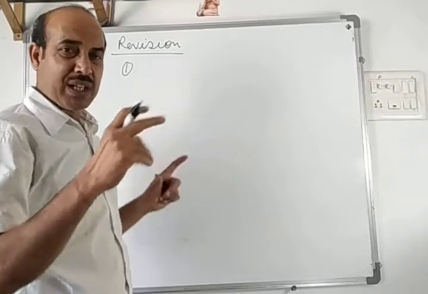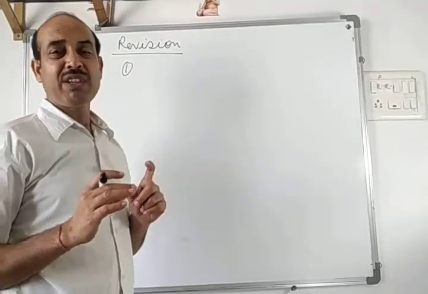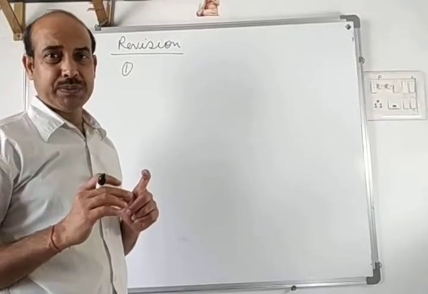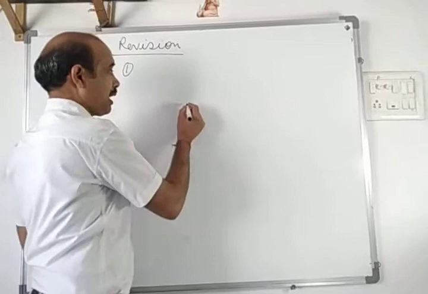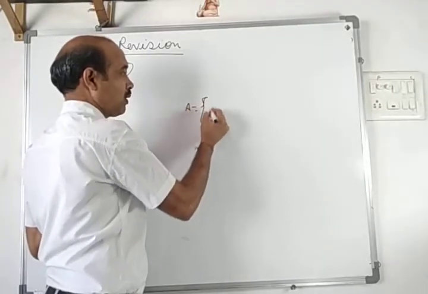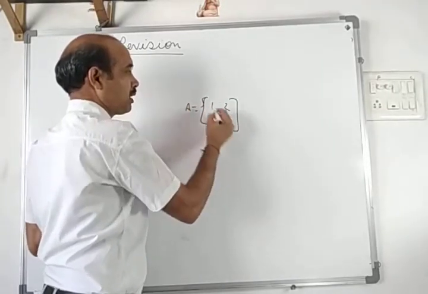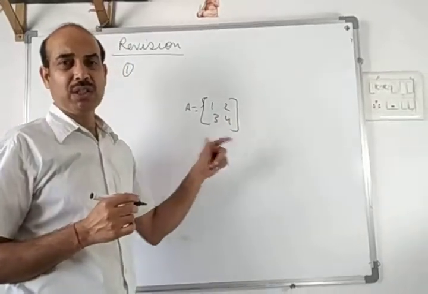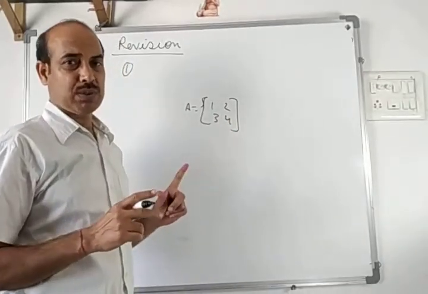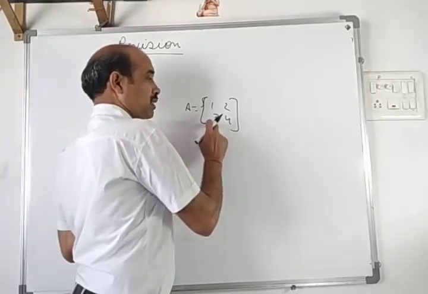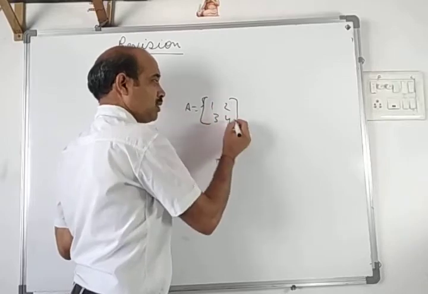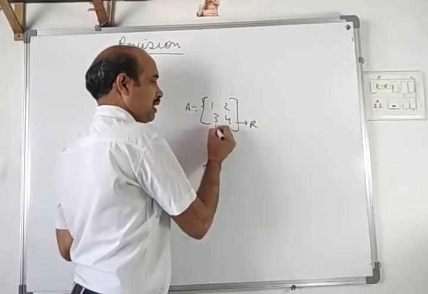Since it is only an arrangement, it will not have any numerical value. Like 1, 2, 3, 4. It is a matrix. You cannot say its value is 5 or 3, nothing. No value. And this is a horizontal arrangement of numbers. This is vertical. So this is called rows and this is called columns.